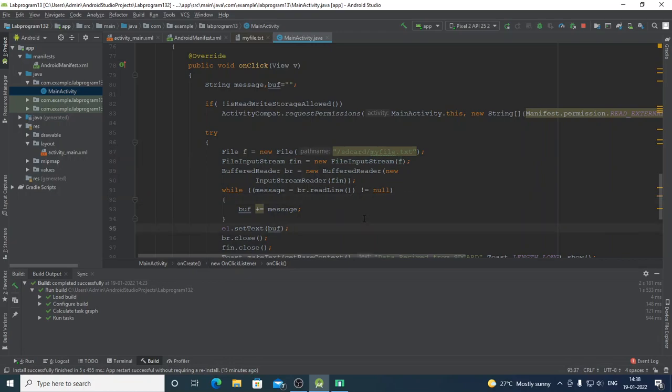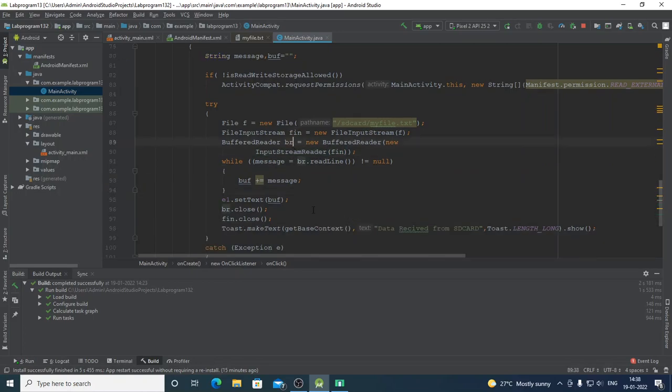Whenever we want to read, it's a practice to use BufferedReader and InputStreamReader in Java. So create a BufferedReader instance by passing an InputStreamReader instance created using the file input stream object.